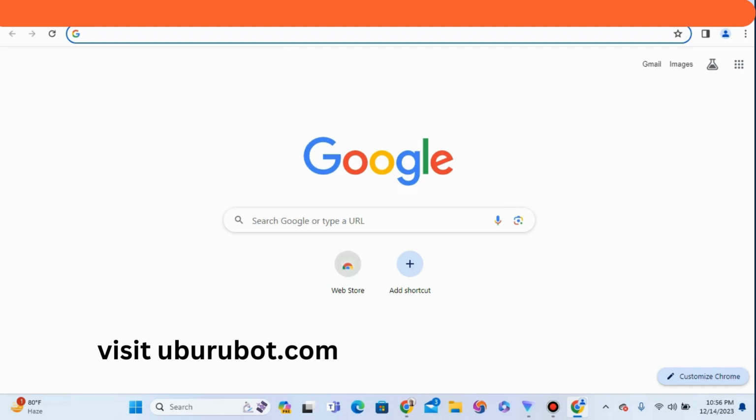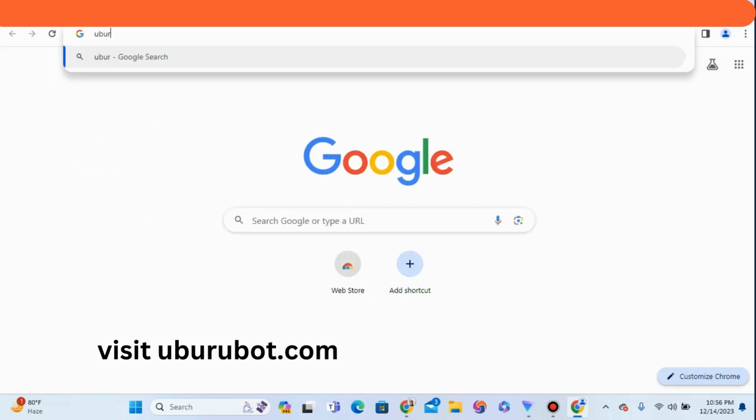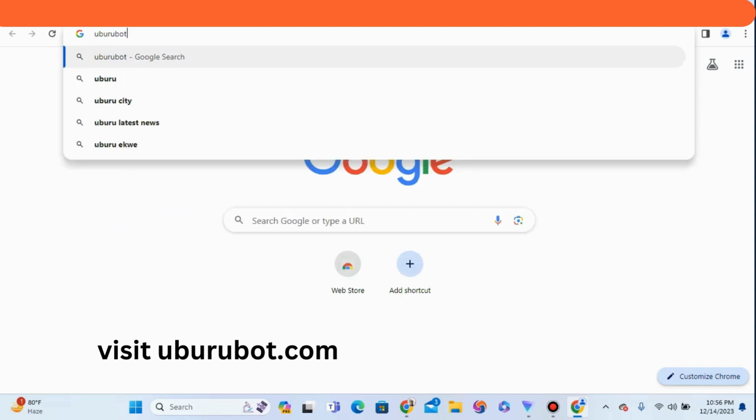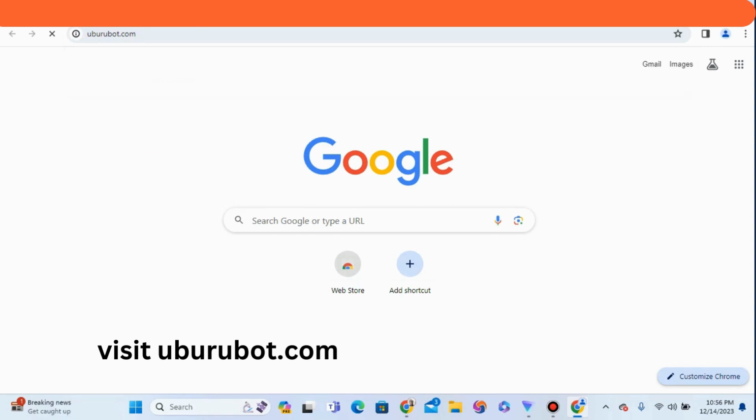So the first thing is that you go over to Google. In this case, you can visit any website. Let's visit a website called oborobot.com. So we review their article and we use one of the articles as an example. As it's loading,